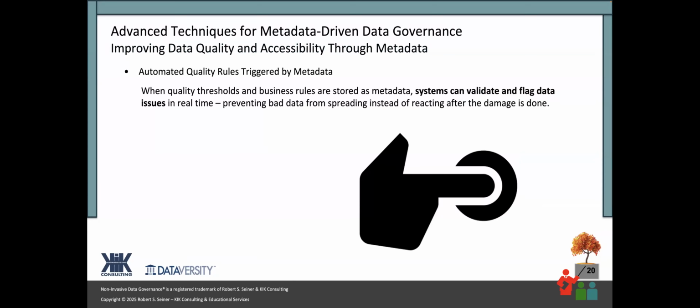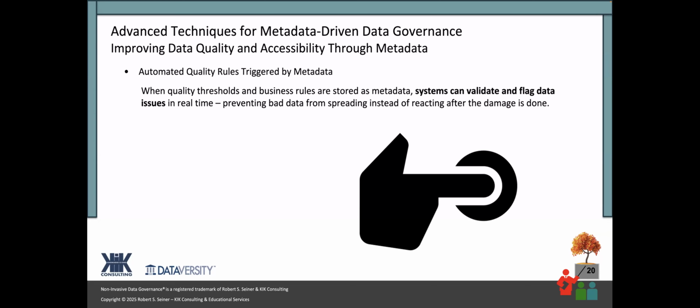Again, if you can use the system to read off of the metadata that you have in your tools to validate and to flag when there are issues with data in real time, rather than just reporting them as an after-the-fact deal, this is going to help to improve the quality of your data. Because you're not counting on a person to go and highlight these things. The tool knows what the rules are because you have them in your metadata storage,